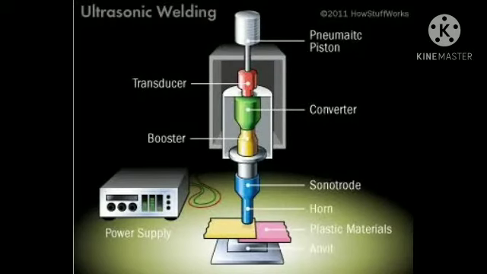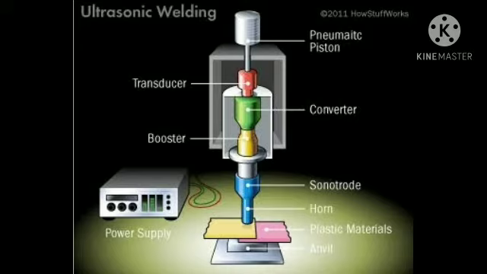So the basic assembly of the ultrasonic welding process consists of various elements. The first one is the press, nest or anvil, the ultrasonic stack, converter, booster, horn or sonotrode, the ultrasonic generator and the controller, so that we can see the function of each and every element of the ultrasonic welding process separately.